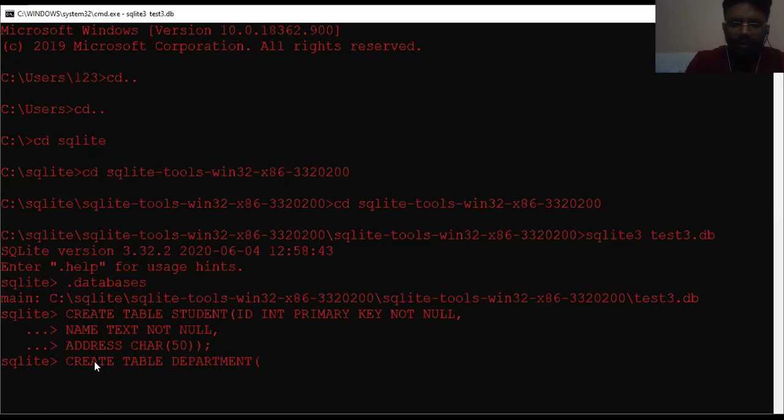So another id INT PRIMARY KEY NOT NULL, then department name, and suppose TEXT NOT NULL. This way we create these two columns over here and then a semicolon. So this is the way we have created another table, department.